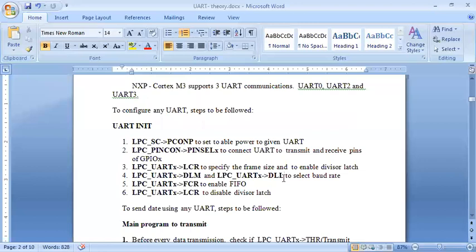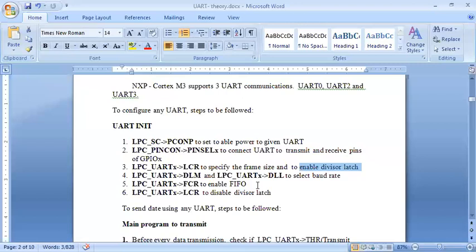So the 9600 value I'm going to put here after some calculation. These two registers are not effective, or the 9600 value which I have put is not effective, if I don't enable the divisor latch. The first thing I have to do is enable the divisor latch, then put the value in DLL and DLM. Otherwise, it will not work.